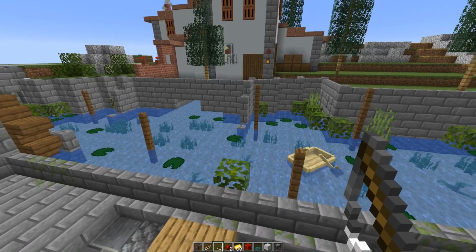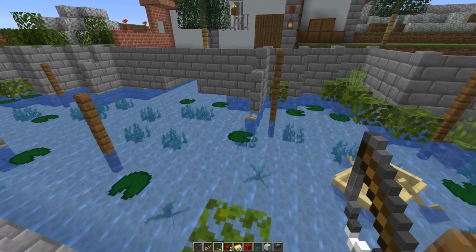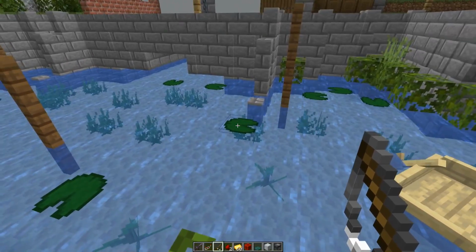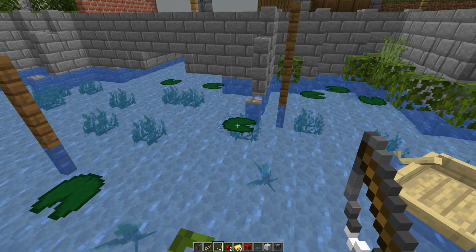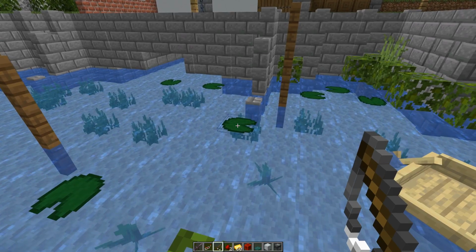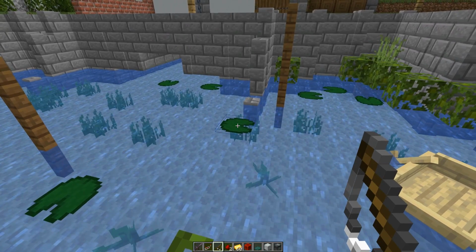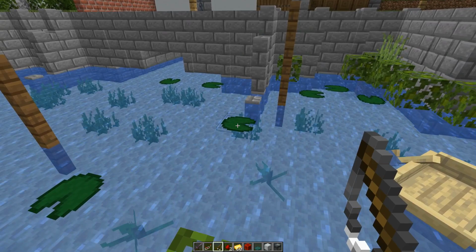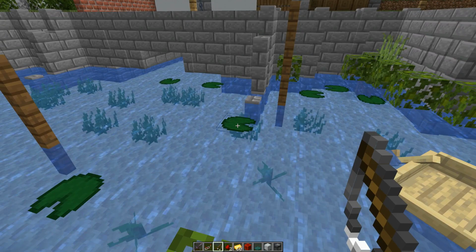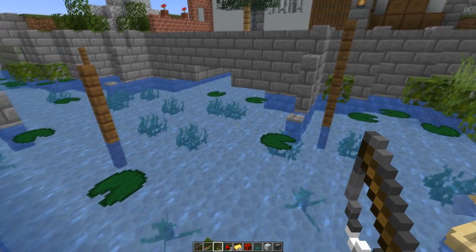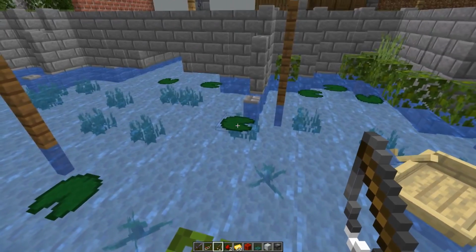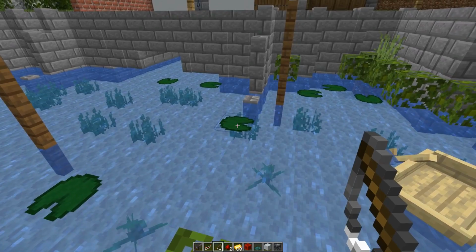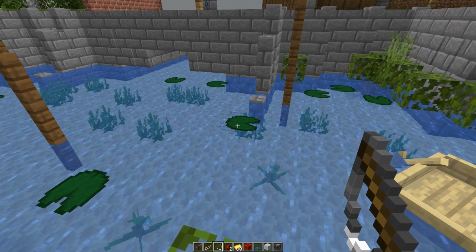There's also a minor change to fishing, because the lily pad got moved from the treasure category into the junk category. So in order to get treasure, you need open water conditions, which broke a lot of the old AFK fish farms, but you can still use the old AFK fish farms to get fish and items out of the junk category. So in case you need a lot of lily pads in a renewable way, for example in Skyblock, you can now fish for them with the old school AFK fish farms.